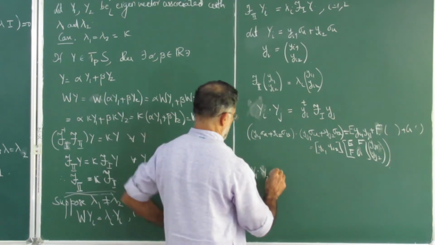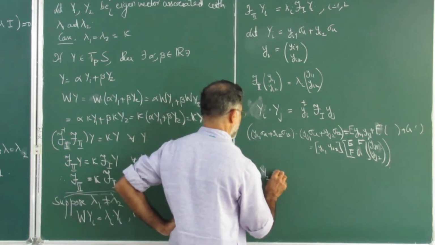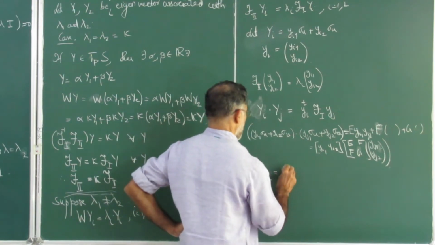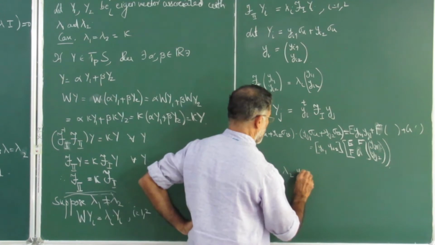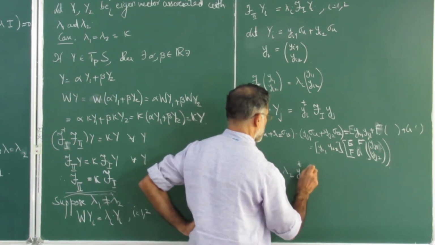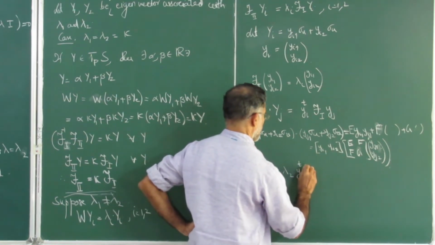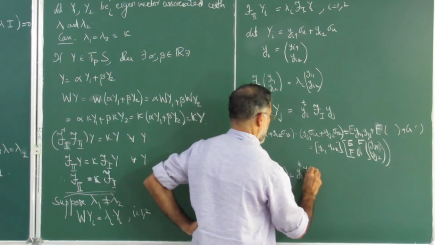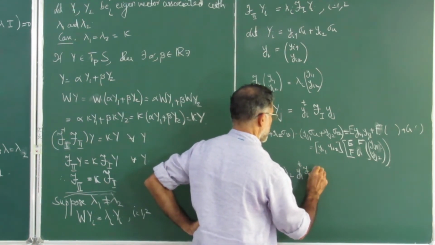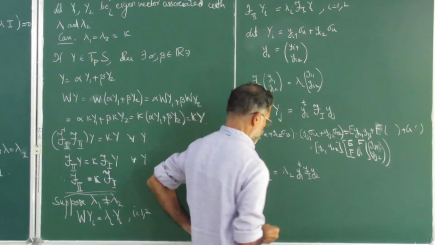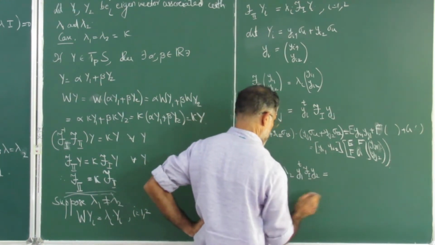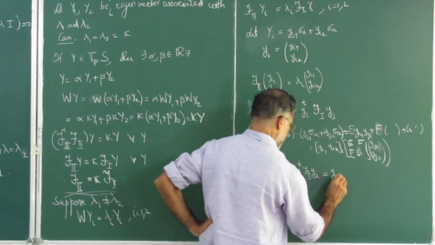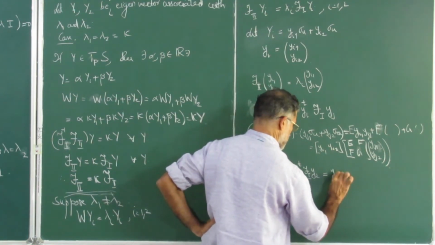Maybe I can avoid transpose, I think, if I do it like this. So that is equal to lambda 2. I will write the new notation, y1 transpose F1 y2. And that is equal to, you can take this inside, y1 transpose,